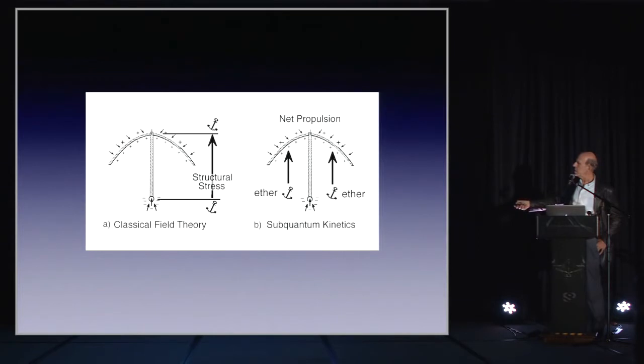Here, the charges around it that are hanging around here, that field is going to create a very strong force on this. It's the same amount of charge, but it's more concentrated, and the field's more concentrated, so you're going to generate very strong force upward. Now, in standard physics, they would say, okay, all this will do is generate a stress